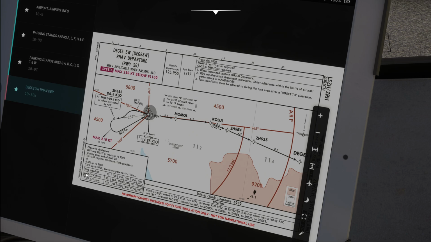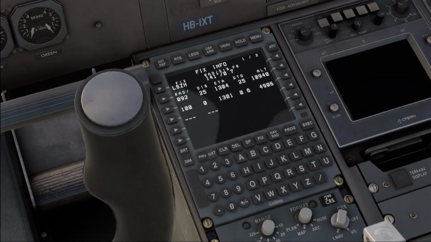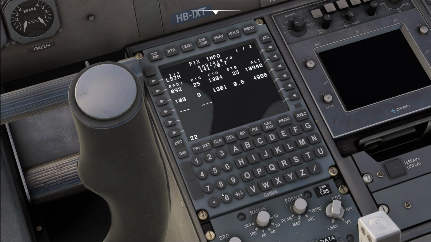Remember, a bearing is a track towards the station, a radial is something outbound from the station. Since we want to draw our line down here, we gotta convert the bearings into radials, which is simply adding 180 degrees or subtracting 180 degrees. So 040 becomes 220, 100 becomes 280. So let's correct this mistake. 220,